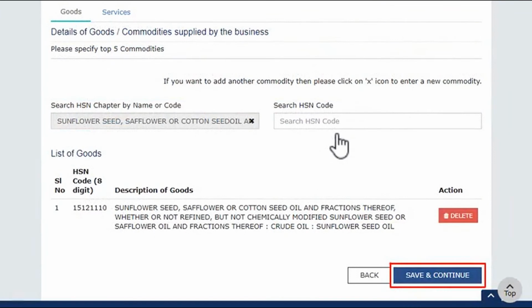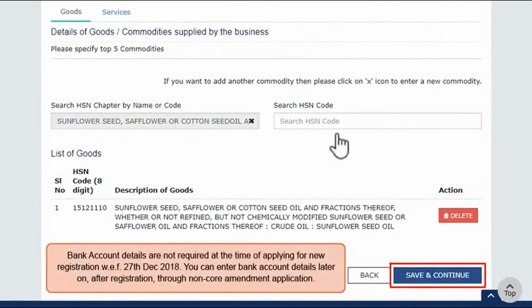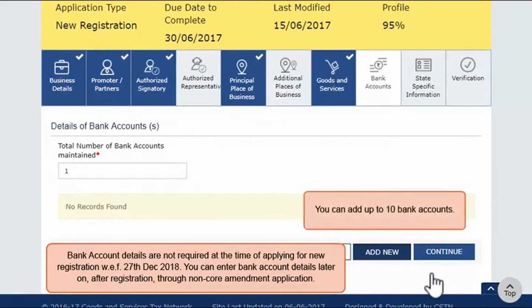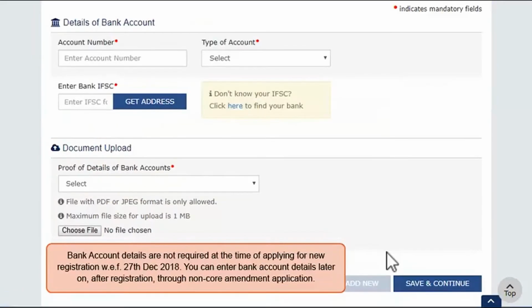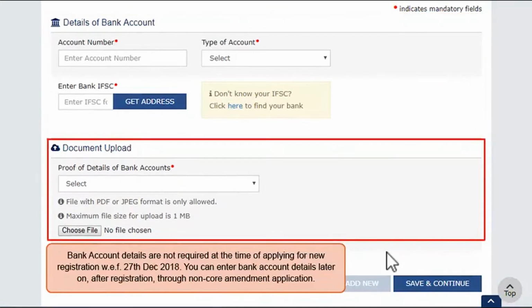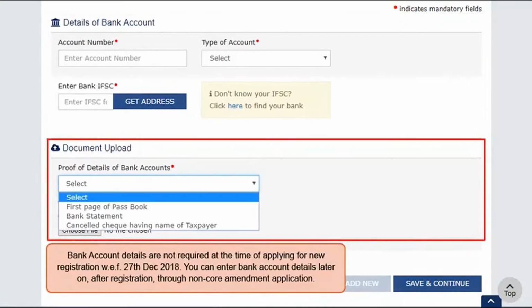Move on to the next section on bank accounts. This section requires the details of at least one bank account that you are using for business purposes. Once you fill out the bank details, upload a supporting document such as the scanned copy of a cancelled check leaf, the account statement, or a copy of the passbook's first page.